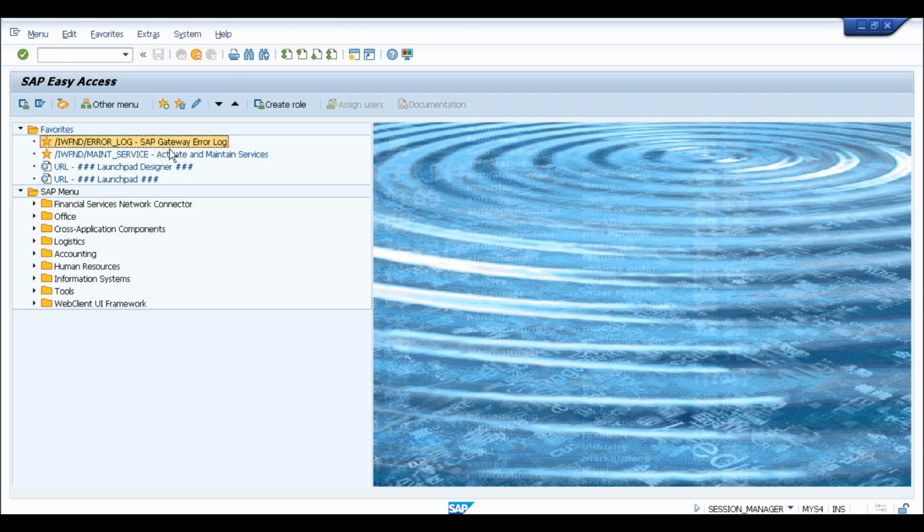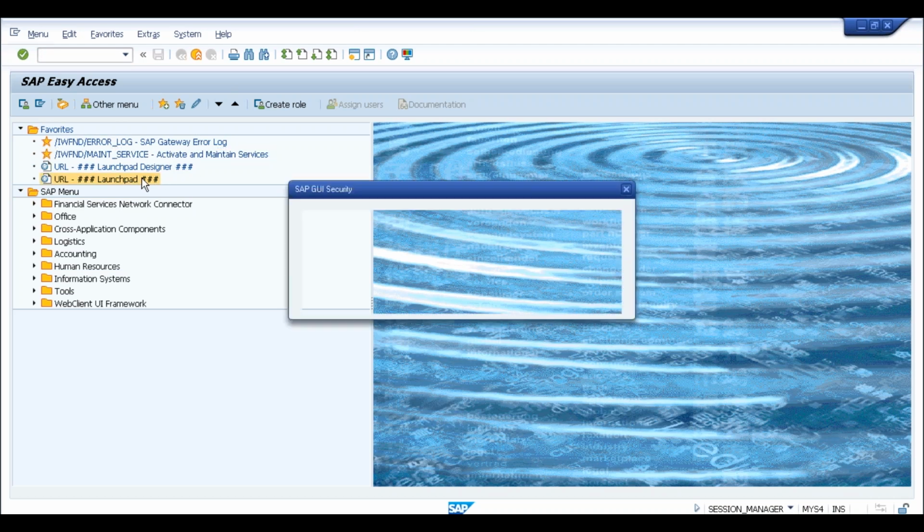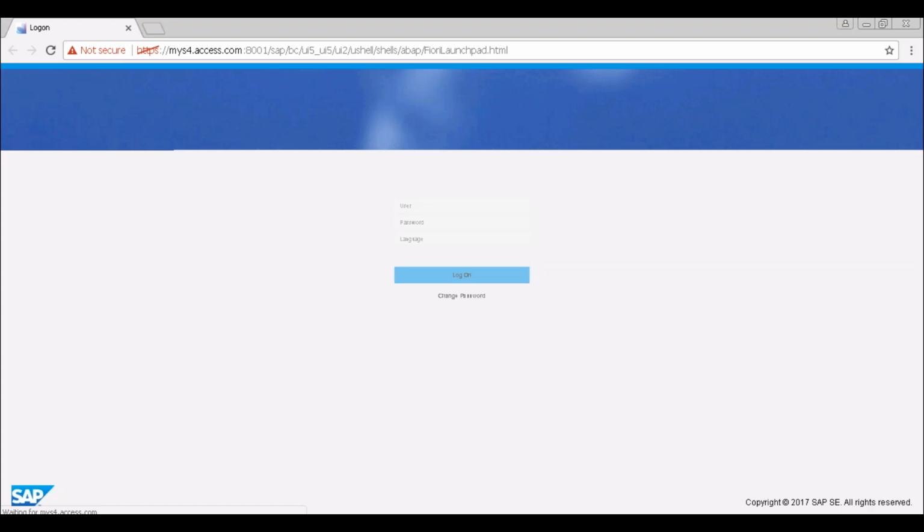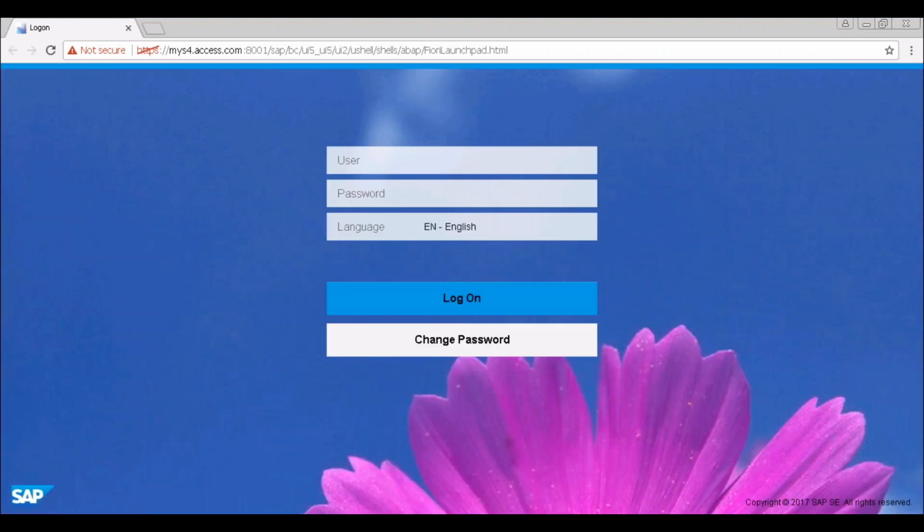But if they don't use Solution Manager, how do they still go with the SAP Activate process? Yes, see, Activate is a methodology which is recommended by SAP. So as I told you, if you are using Solution Manager, a lot of processes can be automated. Okay, let's say for example,